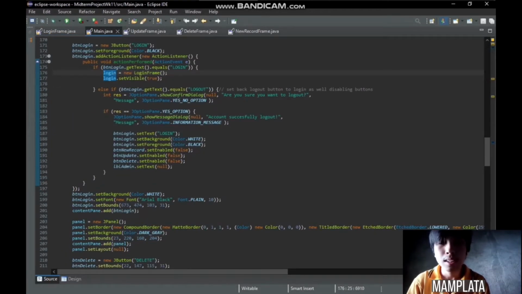And when you see the login button, here is the code for the frame to be visible when clicking the login button. And here, this code will set back the login button flagging, as well as disabling the buttons. Upon execution,